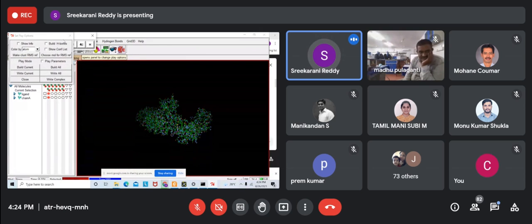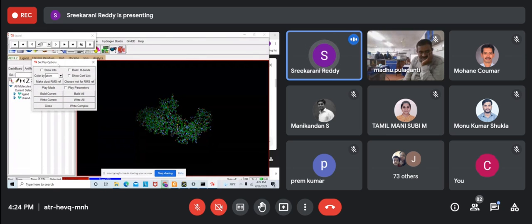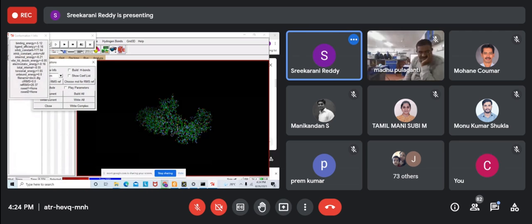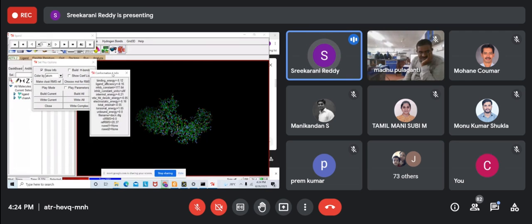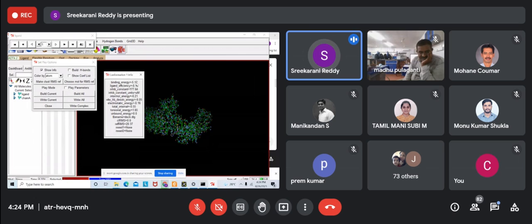Once you click on that, another pop-up window comes saying set play options. If you see here, show info. So the first conformation, my binding energy is minus 5.12. The more negative, the better the docking score. So if you see this one, minus 5.12, and these are the ones